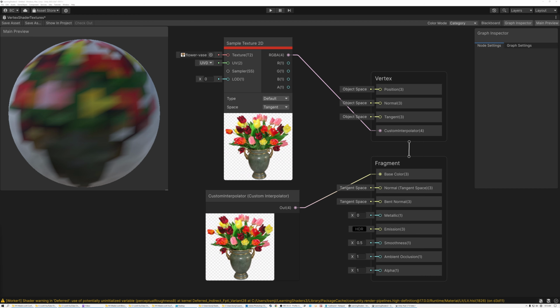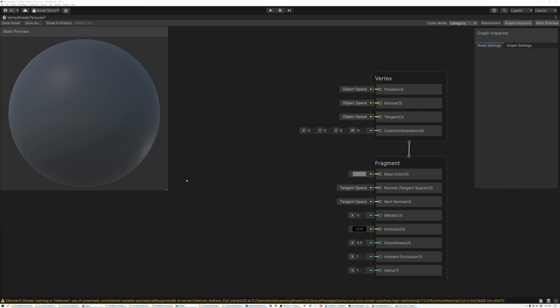Today we're going to talk about using textures in the Vertex shader. There are a couple of tricks and gotchas that I want to make sure that everyone understands. So let's just jump right into Unity, and then we'll take a look at the same things in Unreal in a few minutes. Okay, so we're just going to start from scratch here,